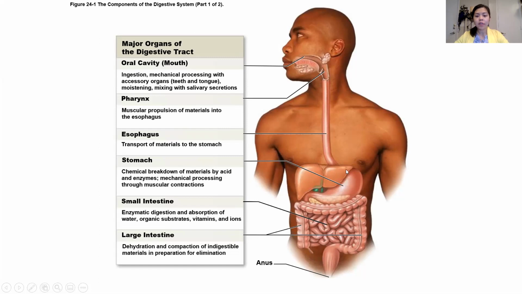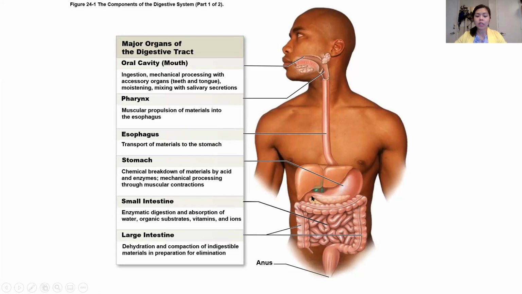Now, after the esophagus is a stomach. The stomach has several regions, including the cardia, which is hidden by this left lobe of the liver here. The cardia is going to be the first part of the stomach through which bolus, which is food matter that's entered in the GI tract, exits the esophagus. And then this top part here is going to be the fundus. And then this last part is going to be the pyloric region, which is aptly named because just after it